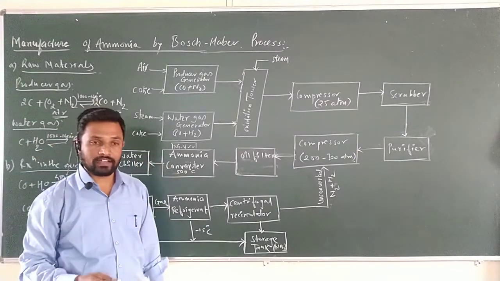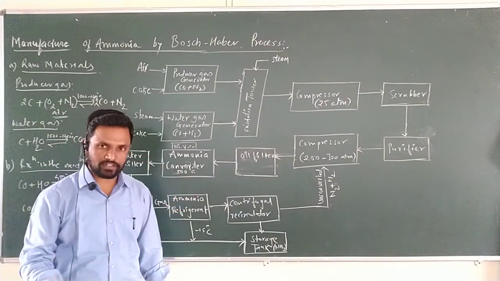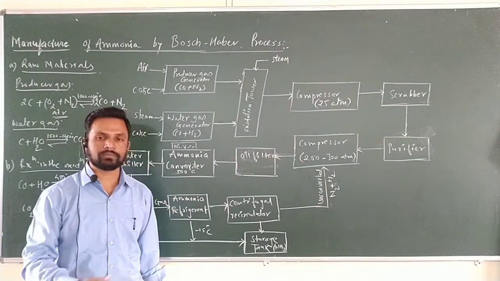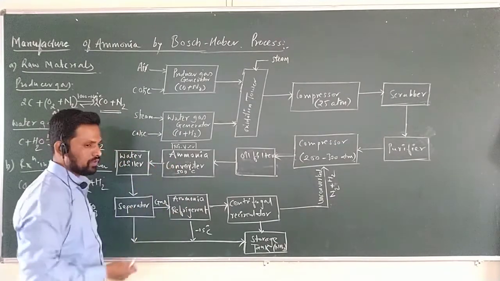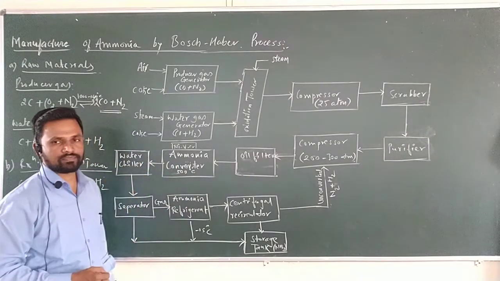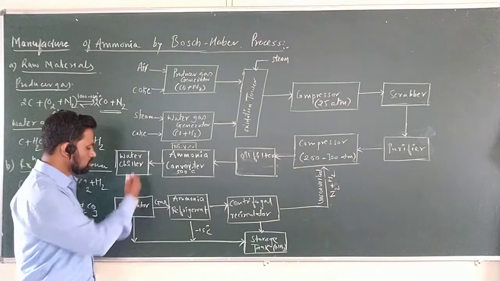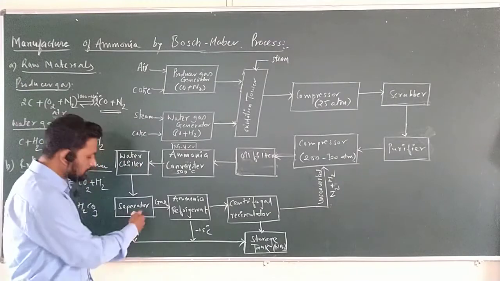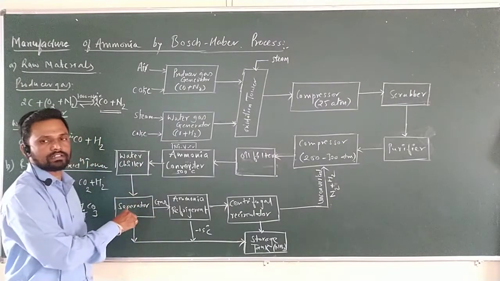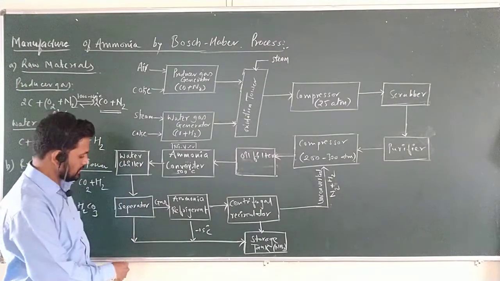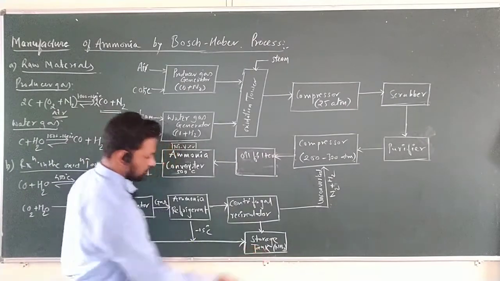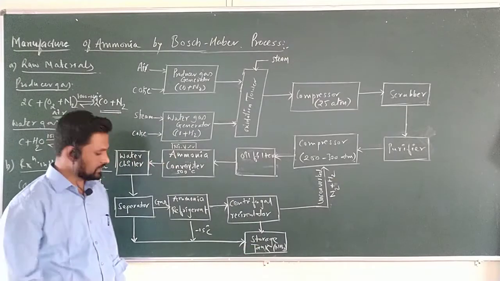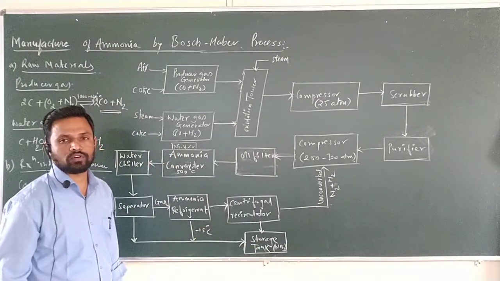Here the temperature is very high, 500 degrees Celsius, an exothermic temperature. Once the reaction takes place and ammonia is formed, it passes through the water chiller. For what purpose? It should be chilled and then go to the separator. Here the physical treatment takes place, meaning separation takes place. Once there is clear separation, it is sent toward the storage tank, where the pure ammonia that is formed is kept.